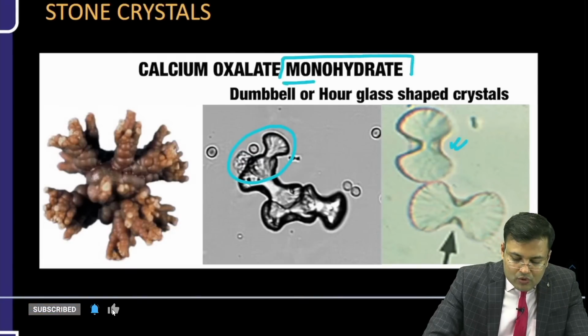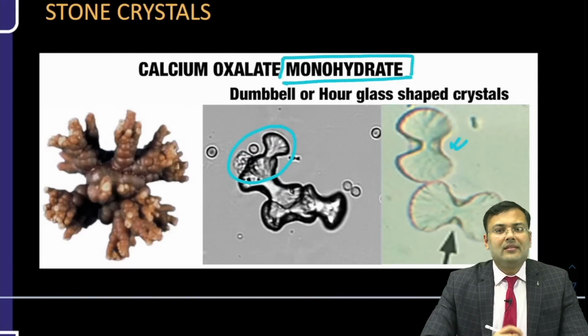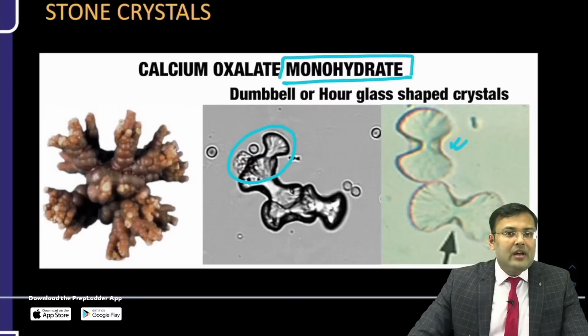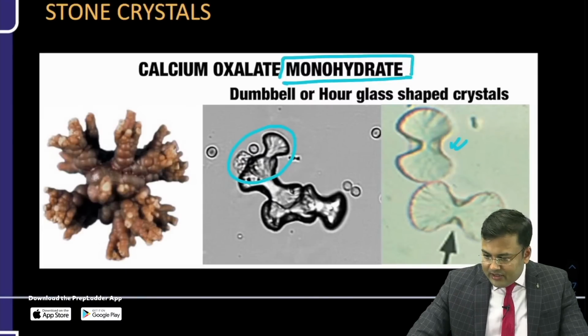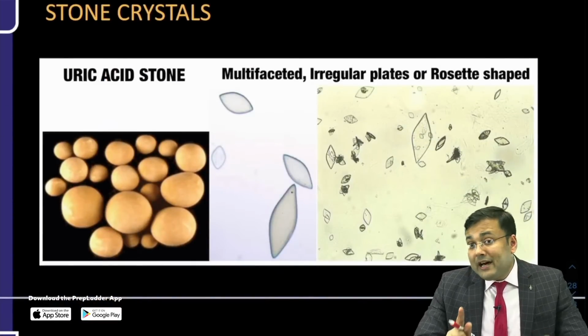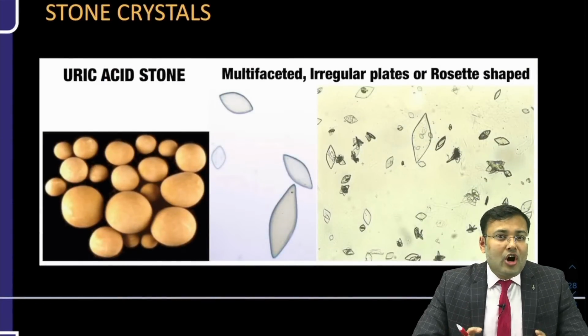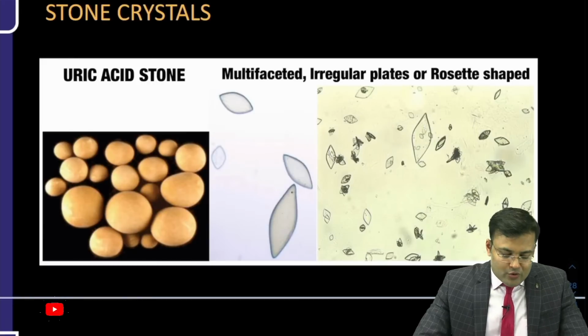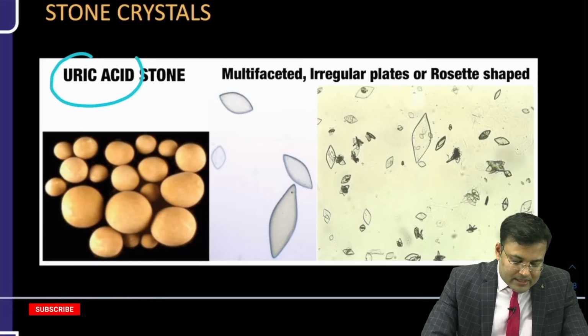Calcium oxalate monohydrate. Clear? Frequently asked question. Now see the third crystal. These are very important questions. Almost every year you will find at least one question from these images. Uric acid, this is the most common radiolucent